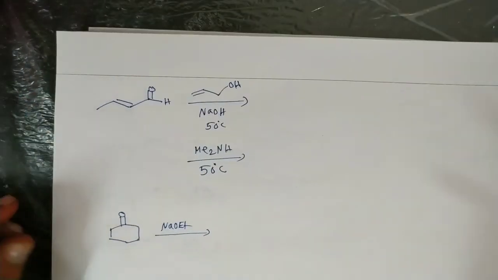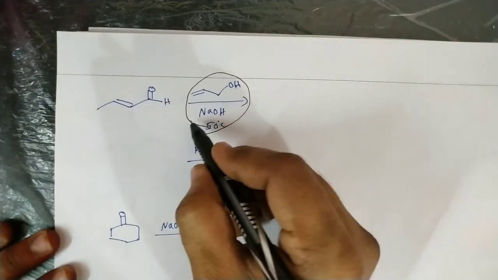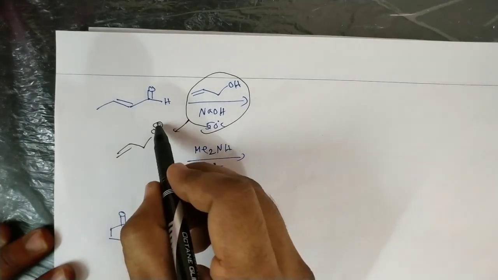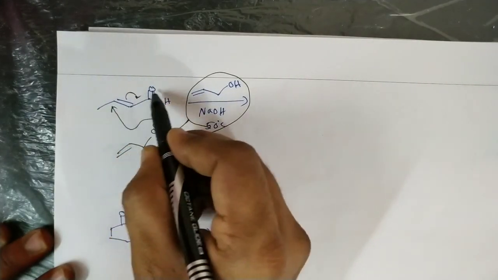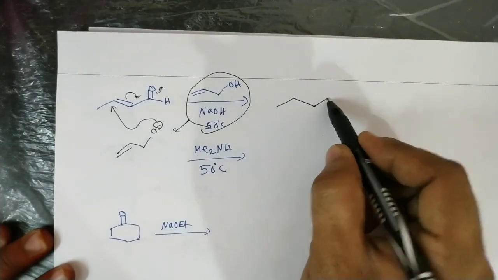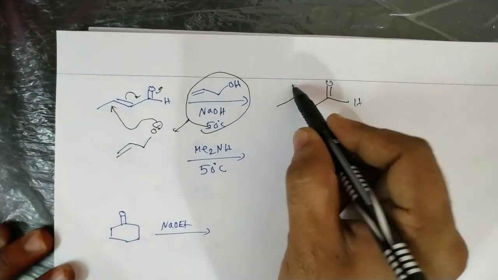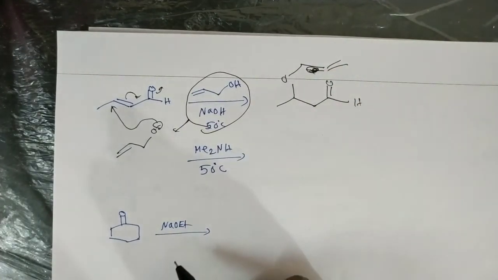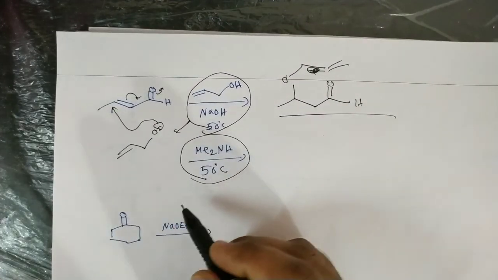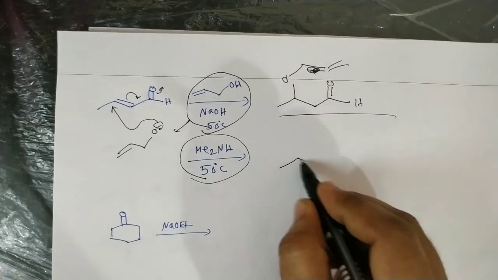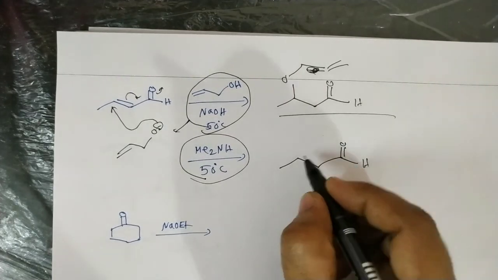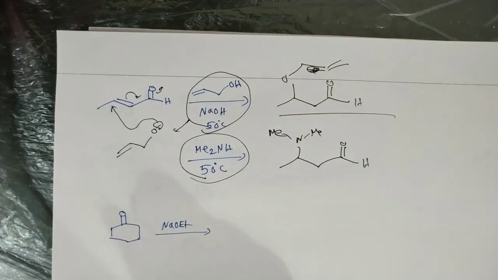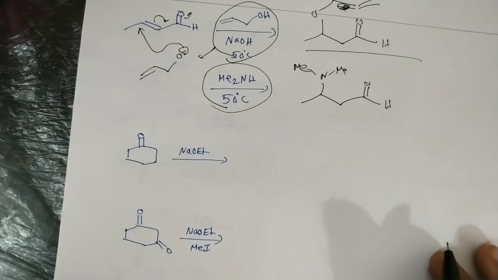And next one, in this case allyl alcohol with NaOH at 50 degrees centigrade. First of all, an acid-base reaction takes place and alkoxide is formed. So that alkoxide is involved in the conjugate addition reaction. So here the product is double bond OH and this is oxygen, and sorry, this is the double bond position here, the conjugate addition. Amines are also involved in conjugate addition reaction. So the product is double bond O and hydrogen, this is NMe and this is Me. Okay, amines, alcohols, water, all these are involved in conjugate addition reaction.